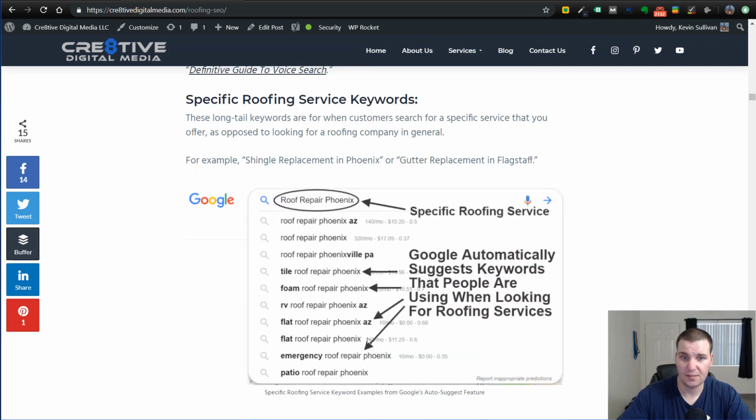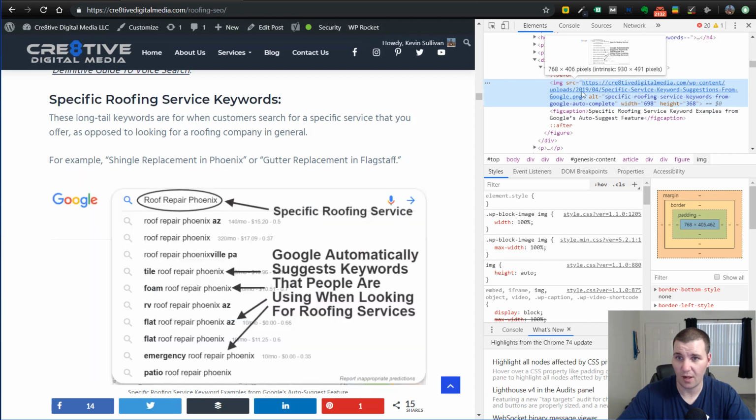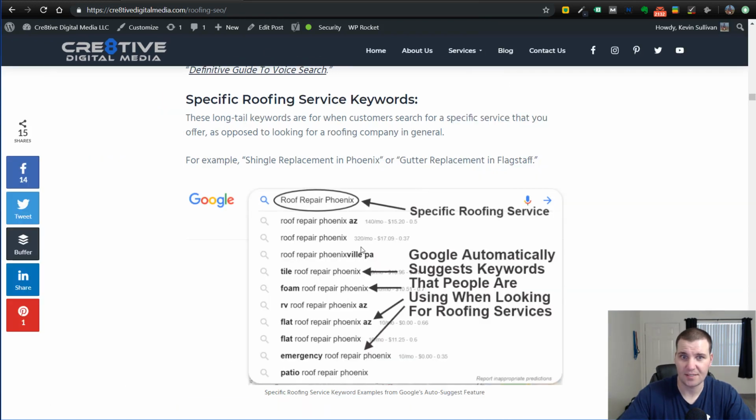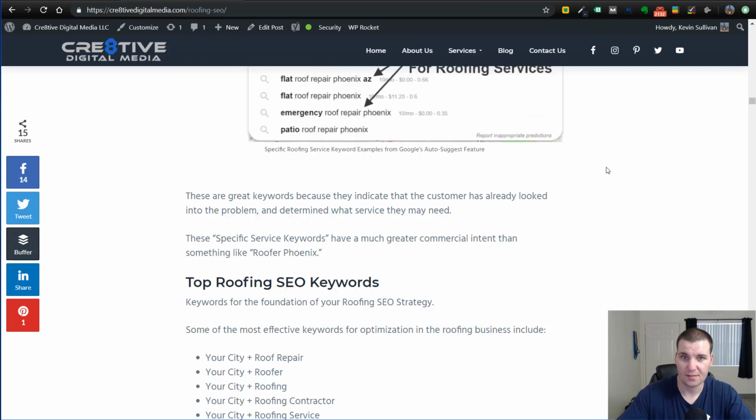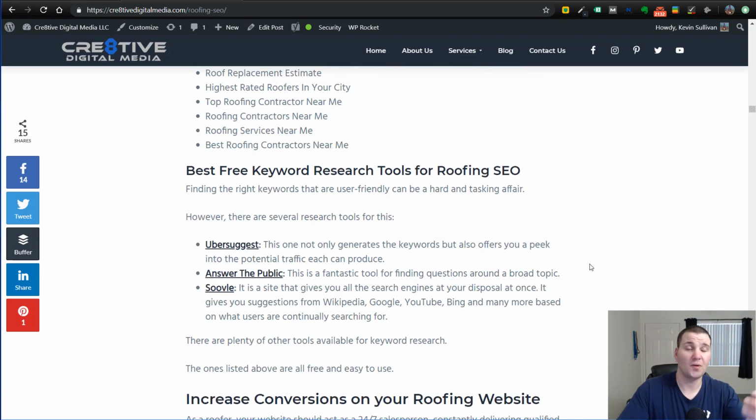Check out one more image, alt text on this one: "specific roofing service keywords from Google Autocomplete." It seems to do a pretty good job of describing what's going on in that image. That's exactly what the image is. It's a specific roofing service, and this is the Google Autocomplete. It's not that difficult to do this stuff. Just a lot of people don't do a lot of this stuff,